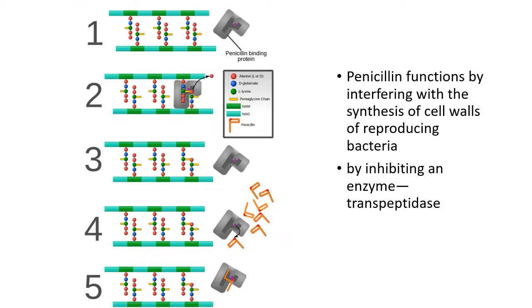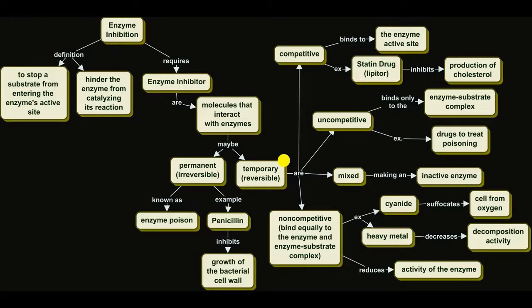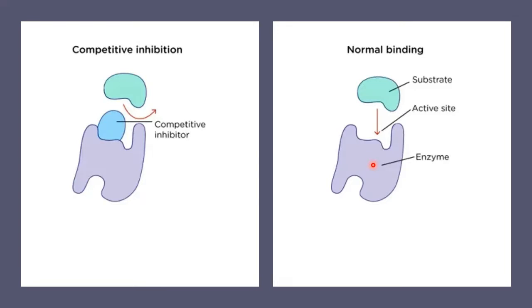Another classification of enzyme inhibition is the temporary or reversible enzyme inhibition. The first type of temporary or reversible enzyme inhibition is the competitive inhibition. In competitive inhibition, the inhibitor binds to the enzyme active site. So this is the enzyme, this is the active site, and this is the substrate. Once the substrate attaches to the enzyme active site, this becomes the enzyme and substrate complex, and the catalysis reaction